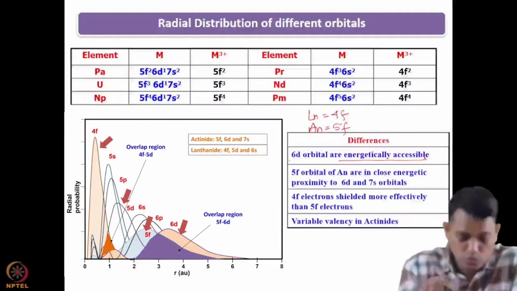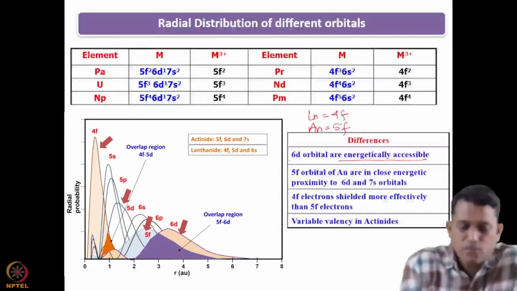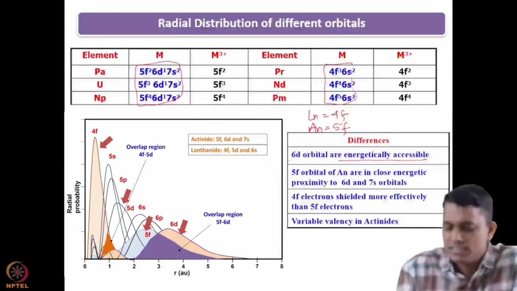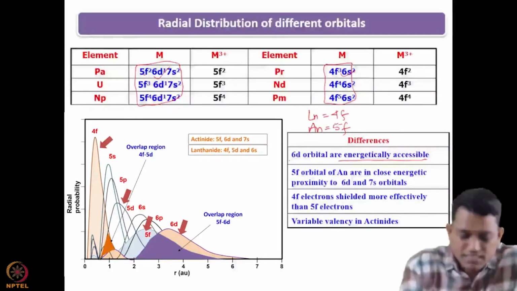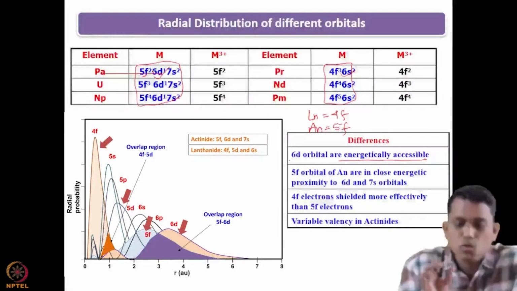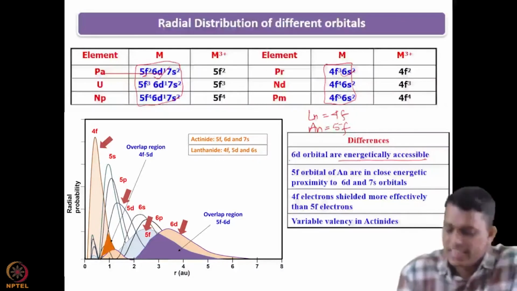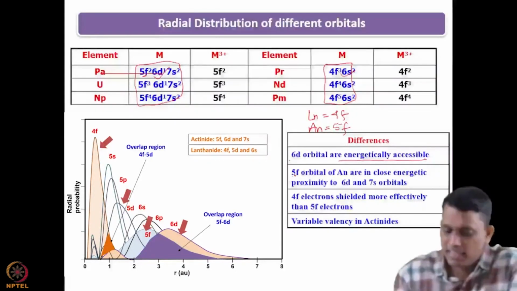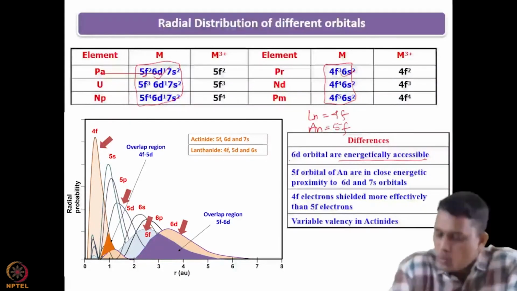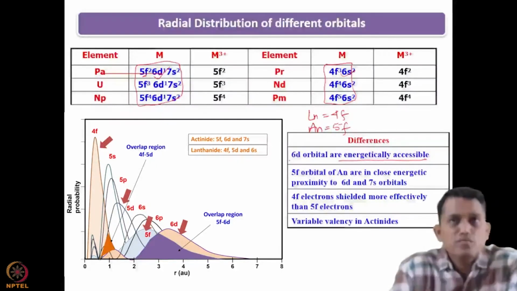As I've shown you in the previous slides, if you start filling electrons in the early elements of actinides versus lanthanides, you can see there is no d orbital in one, whereas there is a d orbital in the other. What it suggests is that the f and d are energetically very close. So in actinides, these three orbitals, that is 5f, 6d, and 7s, are energetically very close. I have written in the next line that the 5f orbitals of actinides are in close energetic proximity to the 6d and 7s orbitals, whereas the 4f electrons are shielded more effectively than the 5f